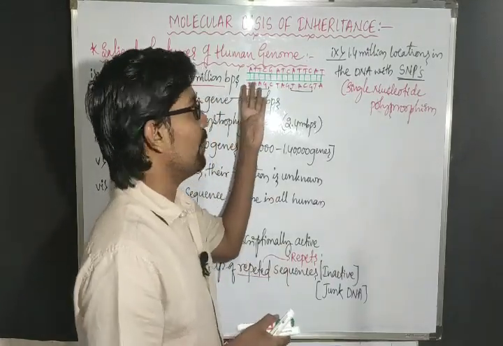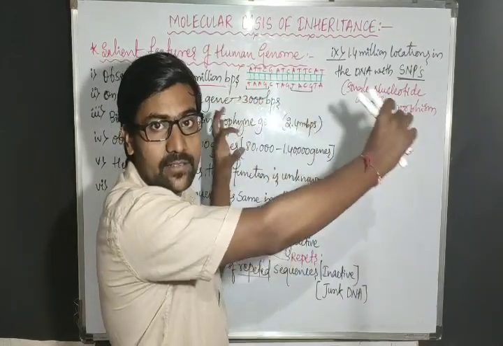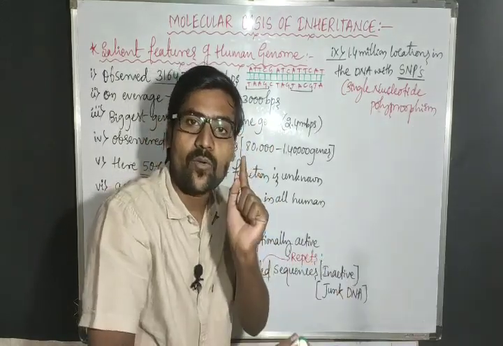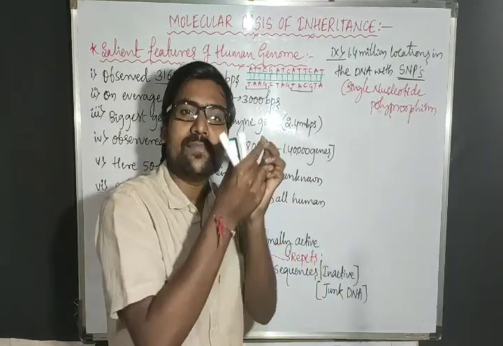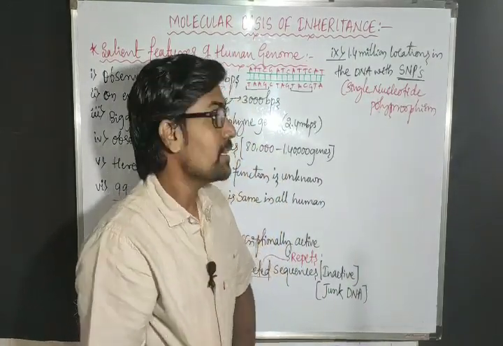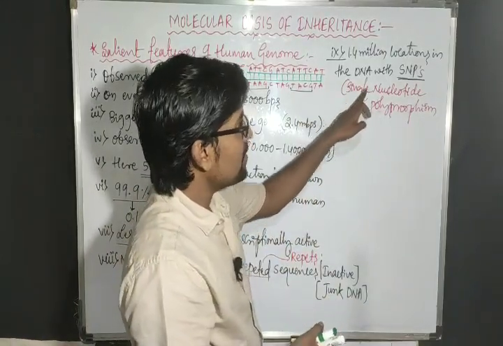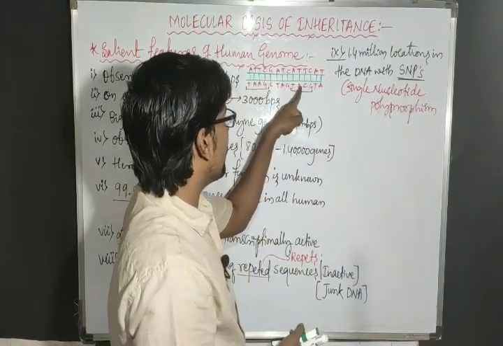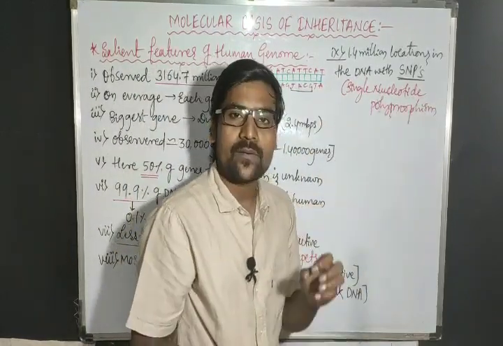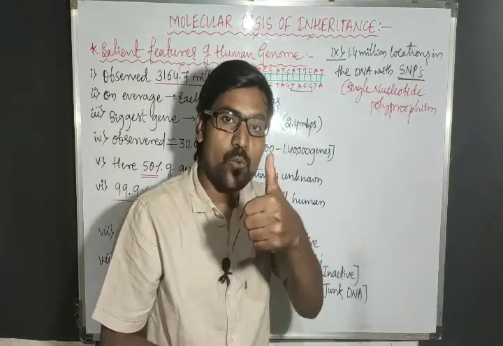But here I have taken only 4 base pairs. That may be 100 or 1000 base pairs in length. So in a 1000 or 10,000 base pair length, every time the same sequence is repeated, just one base pair is going to change. Such a condition we refer to as single nucleotide polymorphism. Every time only one nucleotide is changing. Poly means many. Many such sequences we can see with just one base pair change.